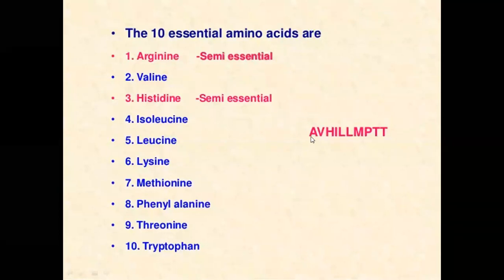AVHILLMPTT, ठीक है। तो इनके लॉन्ग फॉर्म आपको आने चाहिए, आर्जिनिन, वैलिन, हिस्टिडीन, आइसोल्यूसिन, ल्यूसिन, लाइसिन, मिथियोनिन, फिनिलालानिन, थ्रेओनिन एंड ट्रिप्टोफैन। So these are the 10 essential amino acids. ये 10 essential amino acids है।